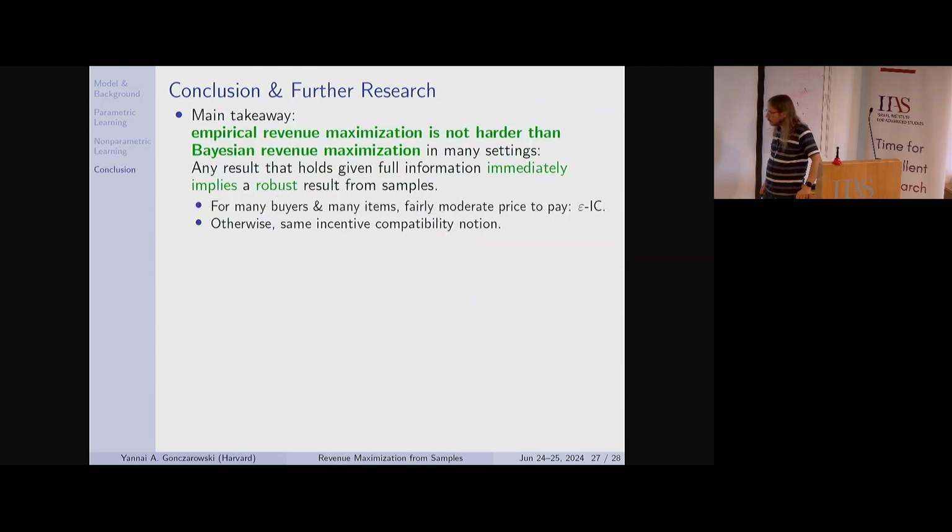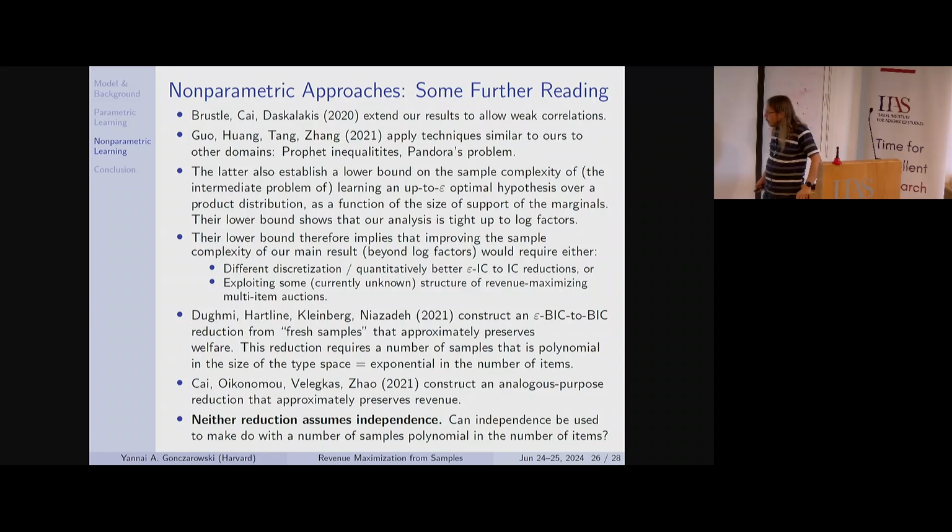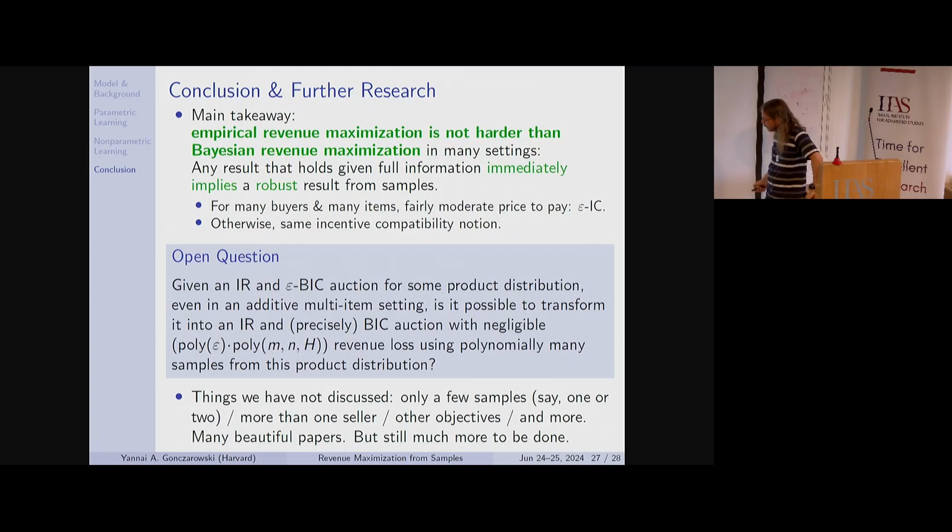But how is it related to samples? We don't need samples to do VCG. Again, the problem there is computational, it's not a problem of information. I think it's mainly relevant for two-sided markets perhaps. Anyway, read the motivation for this paper. That paper convinced me when I read it. I cannot this time in the morning reconstruct what happened there. But in the settings I know, welfare is easier.